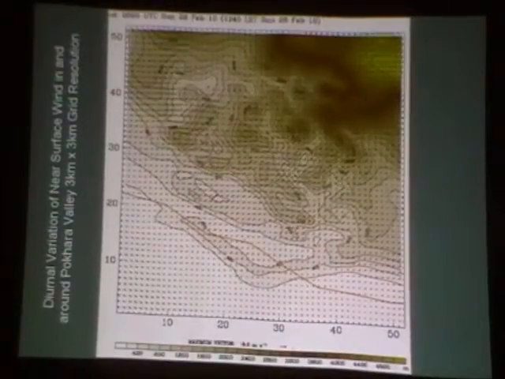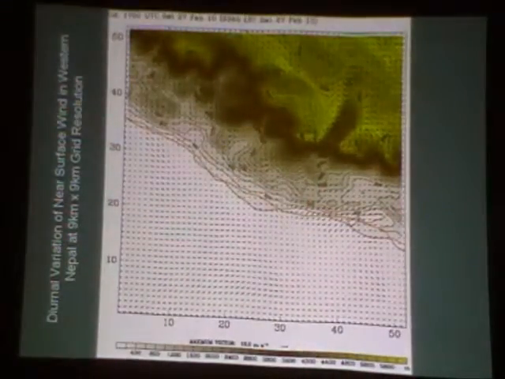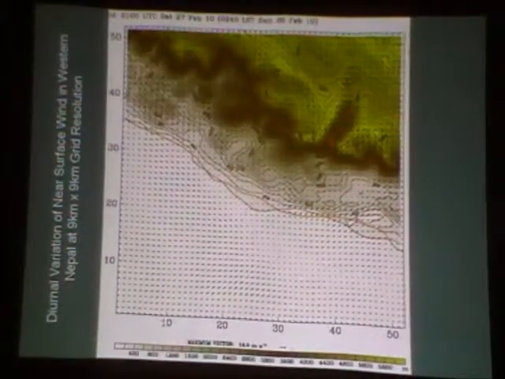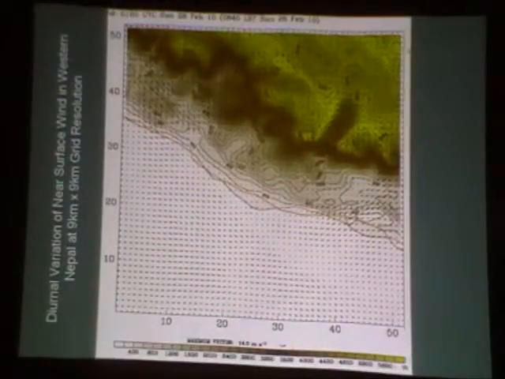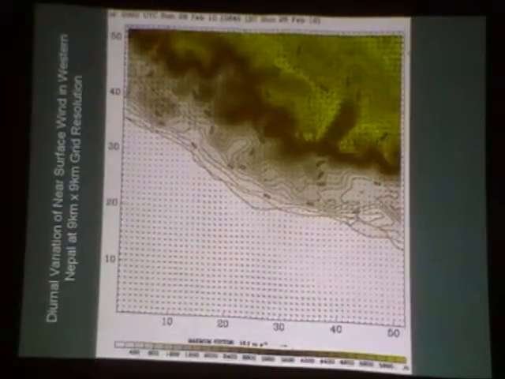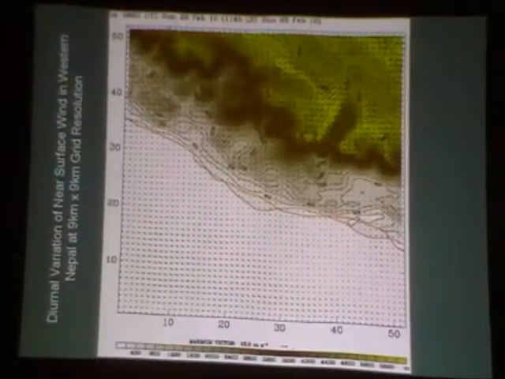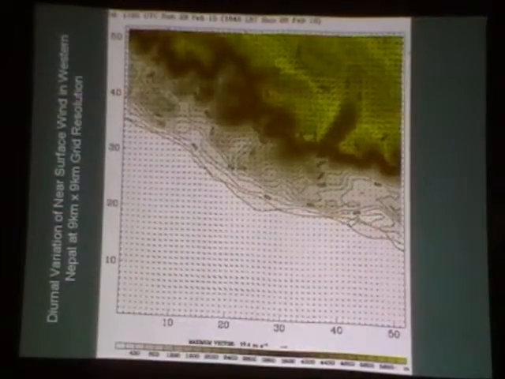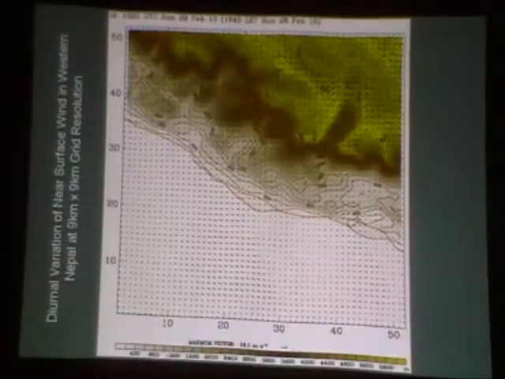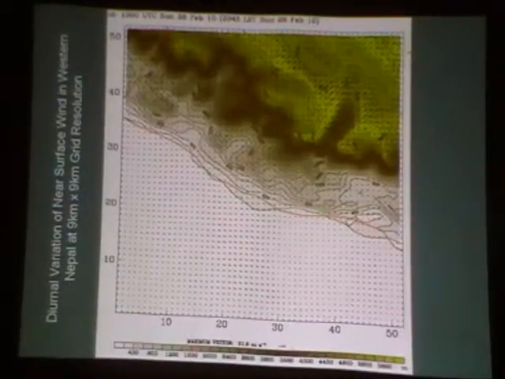So let me go fast. And this is the Mustang Valley, Kali Gandaki Valley. And people say this site is the most promising for wind energy development. Though I have not verified this result, this numerical simulation can be successfully carried out, and we can see so many physics options, and also we can do solar observations, and also data assimilation from the data available here. I think we can